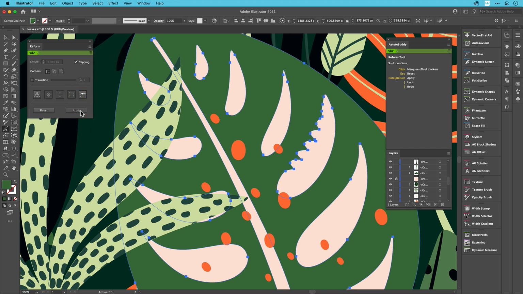The beauty of saved reform profiles is that they can be applied to any other path shape. As can be seen, each hole in this leaf is subtly different. They are not merely scaled and replicated objects. To apply the profile to the next leaf hole, a single sculpt offset is dragged out and the end markers are moved into their desired positions. Next, reopen the Reform panel's flyout menu and select the saved profile.